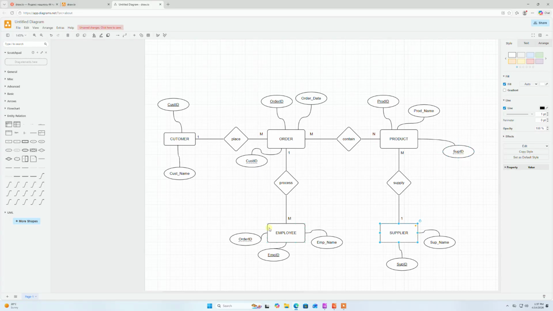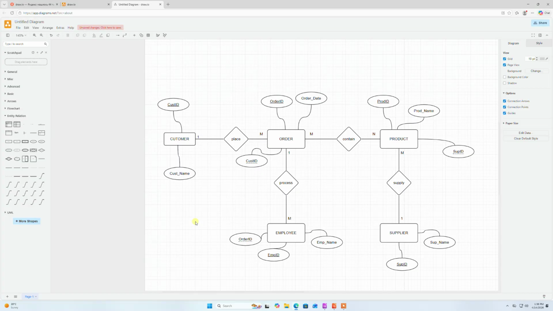So the first two steps are to identify all the attributes. So all the attributes are identified. For quick processing and understanding, I added only one or two attributes. You have to add all the attributes. And then in the second step, I identified the primary key and the foreign key for each entity. And the third, the most important step, is that if there is a many-to-many relationship in your conceptual data model,